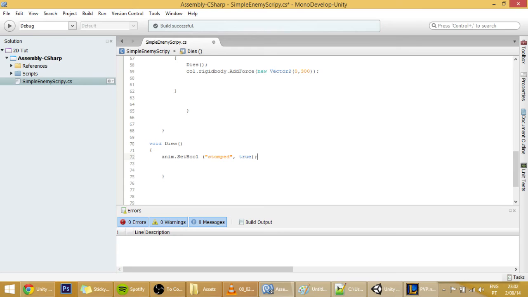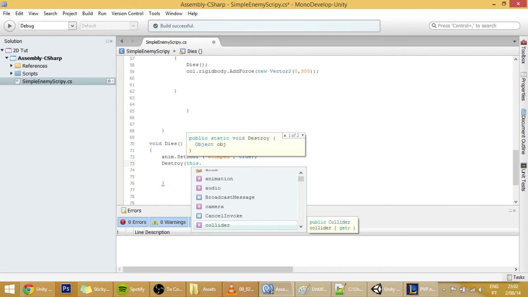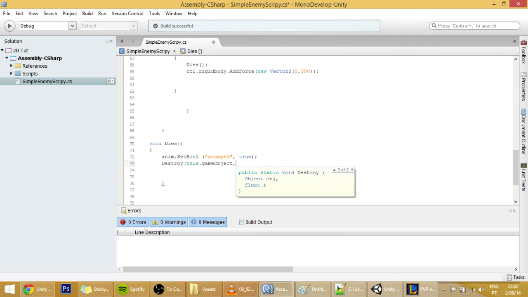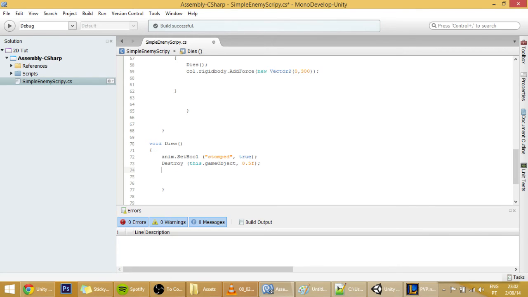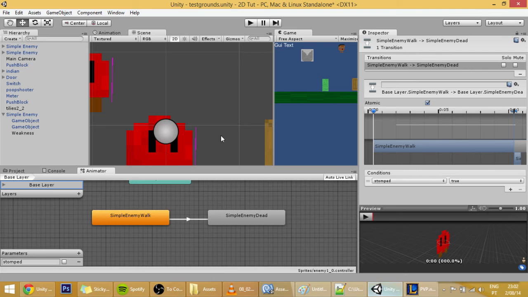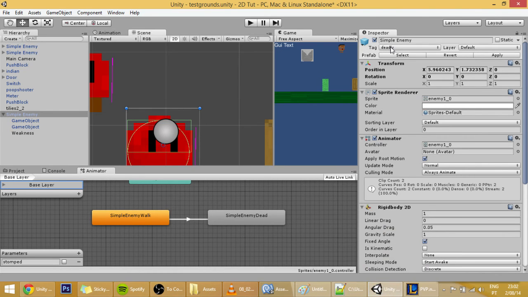Now one thing that we also want to do is to destroy the enemy after some time. So destroy this game object after 0.5 seconds, it's okay. And we're going to also change the tag of this game object to something else, because right now if our player collides with it, our player will die, because if you recall, it has the deadly tag.